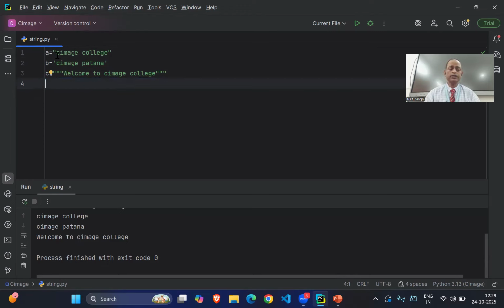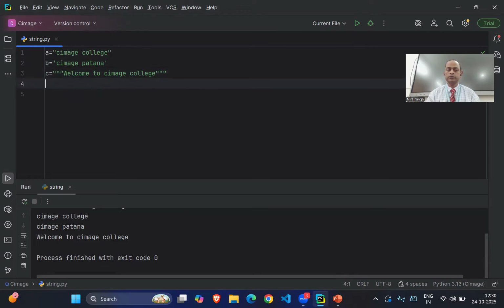Now we try to understand the indexing. If I want to display a character, what can the characters in the string be? It can be a letter, a digit, a symbol, a special character, an underscore, or a space.